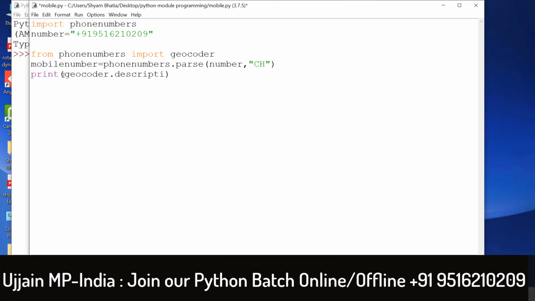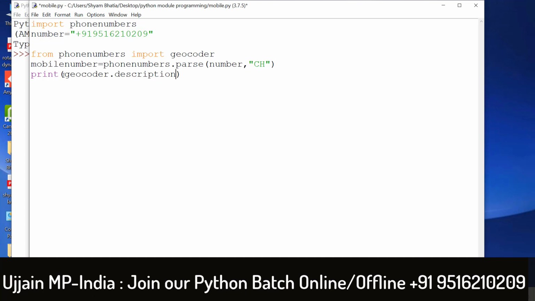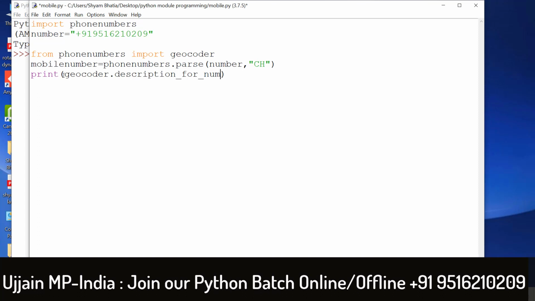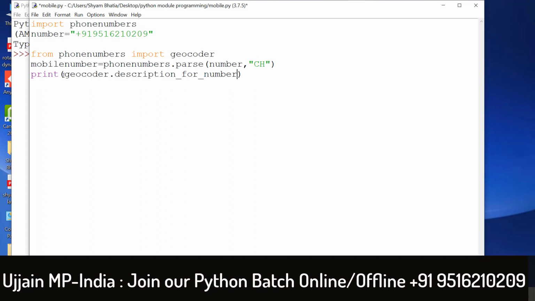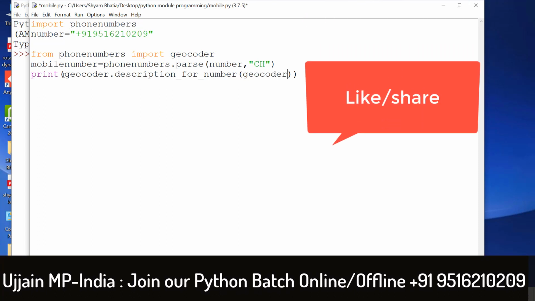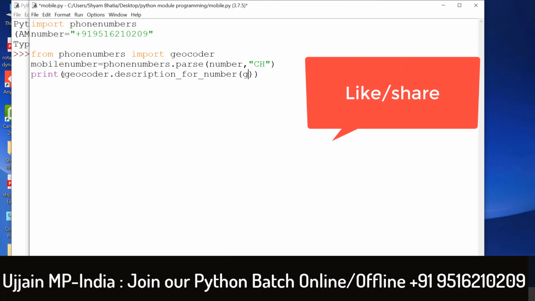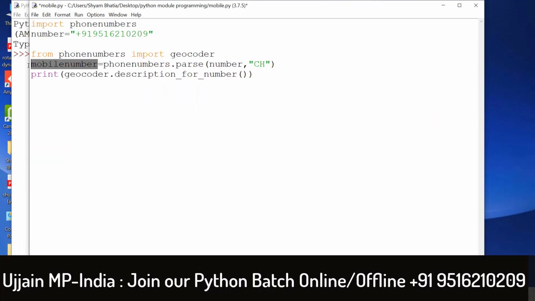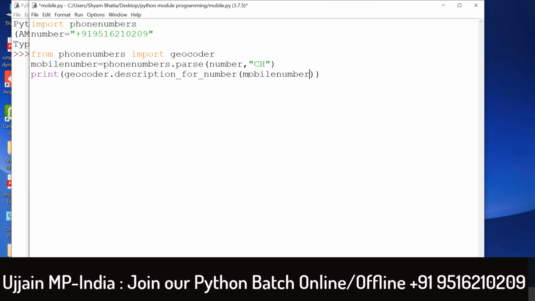After description, use the number you want the description of, which is the mobile number we copied. Just copy it and put it here, because you just have to follow my steps.